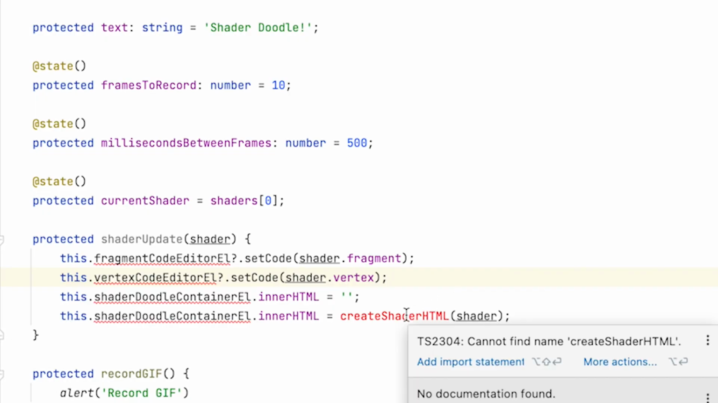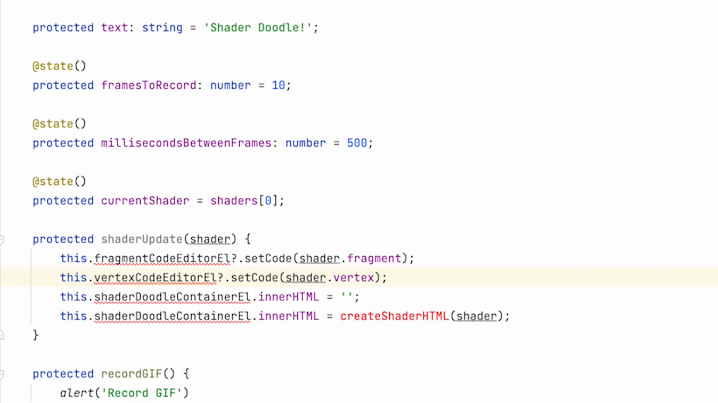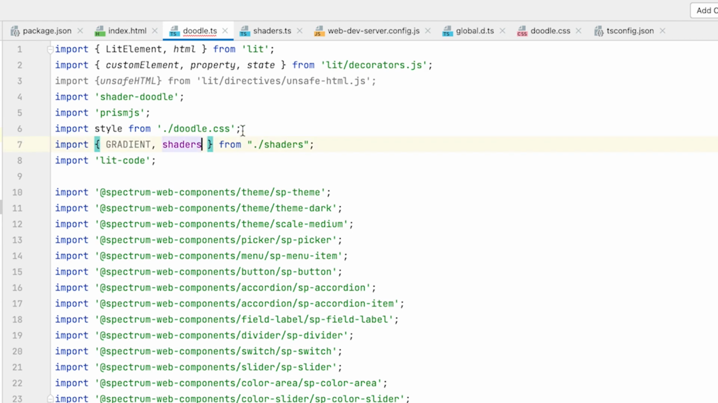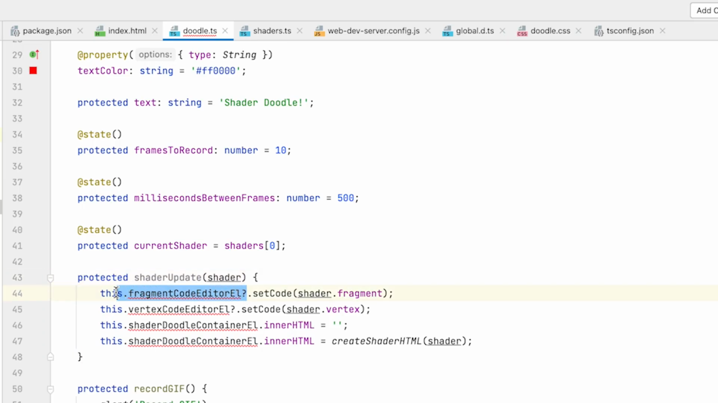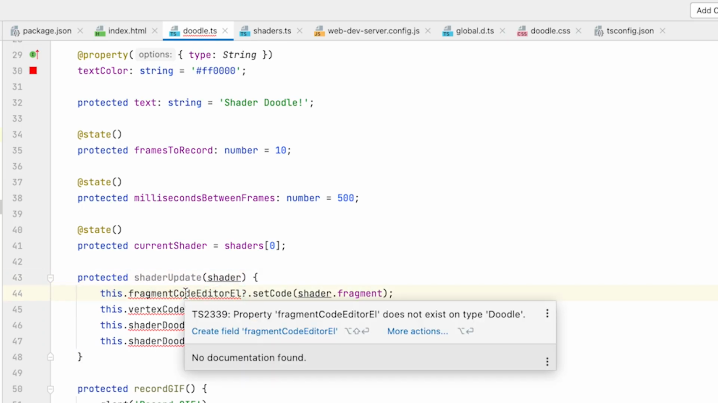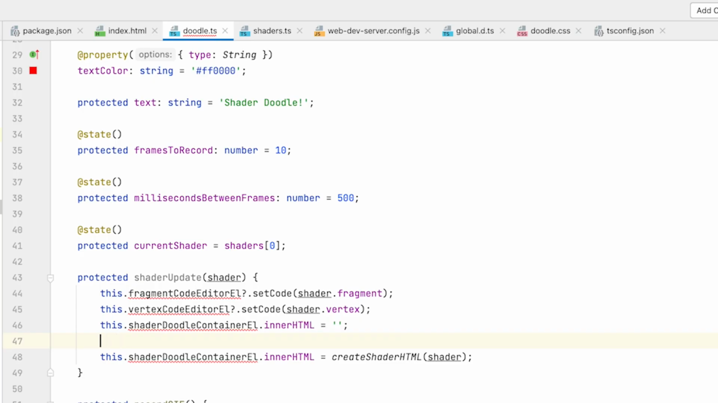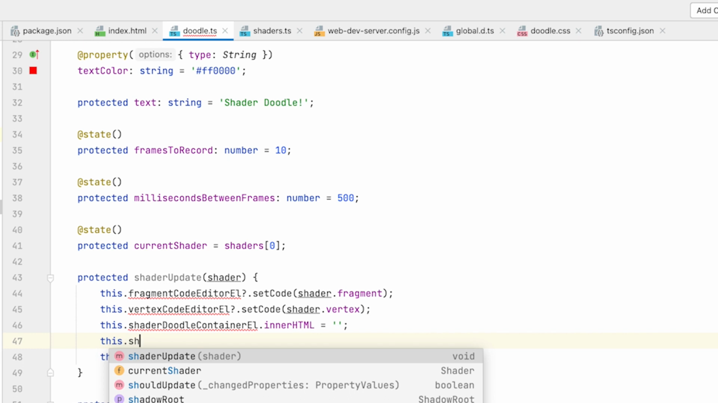So this should work. First of all, we need to import create shader. So let's do that. And of course, we don't need this gradient reference anymore. Now, my IDE is highlighting a couple things that are wrong, actually all of them, because it can't find these elements that we have variables around. I haven't set these up yet, but normally you might expect we have to do this dot shadow root